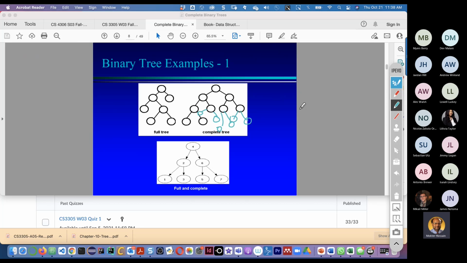So these nodes will be growing systematically from left to right. So this is a complete tree.